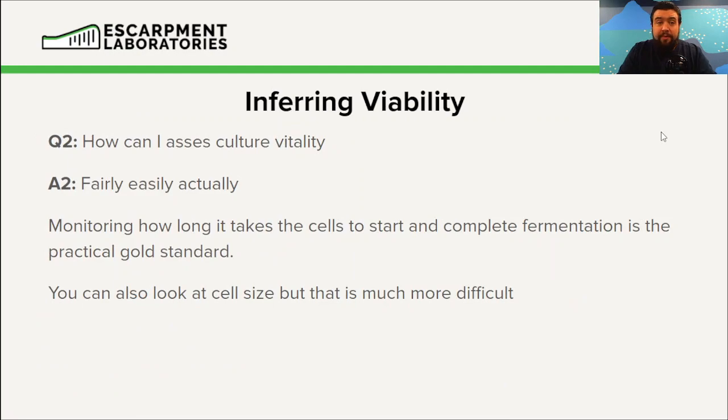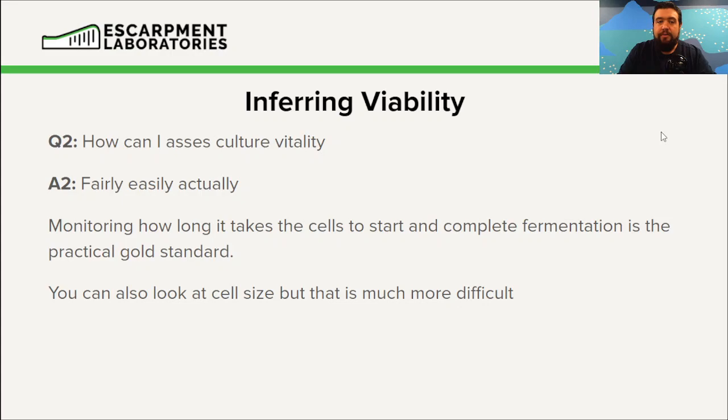Inferring viability. Now, I mentioned before that there is no easy way for us to measure or assess viability. So how can we infer it? Fairly easily, actually. Monitoring how long it takes the cells to start fermentation and how long fermentation takes. Those are some practical gold standards. Not research gold standards, they're practical brewing standards. If you start seeing those start getting elongated and the cell viability stays high, you're probably seeing the vitality of